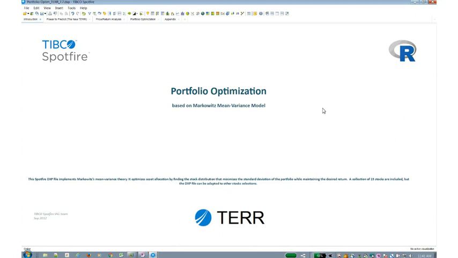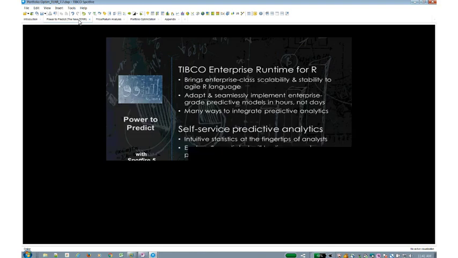So this is another dashboard, another workflow, another analytical report that a user can come in here and view and interact with, whether they're viewing it with the Spotfire Analyst on your desktop or viewing this on the browser. It will work the same way for your consumer, for that general population. And you can add images and links to help explain the purpose of this analysis.